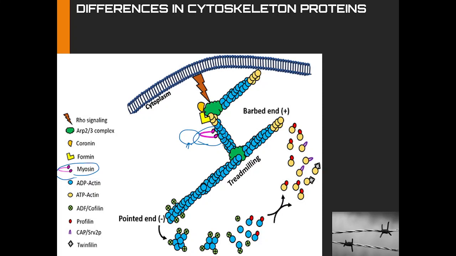Another thing which you see here is the ends, the polarity. Both microfilaments and microtubules are polar, and they can be polymerized and also depolymerized, or in other words assembled or disassembled. For the assembly or polymerization, the plus end is called the barbed end, and the other end, which is the minus, is called the pointed end. The barbed wire I just showed so that you can understand where the name comes from.